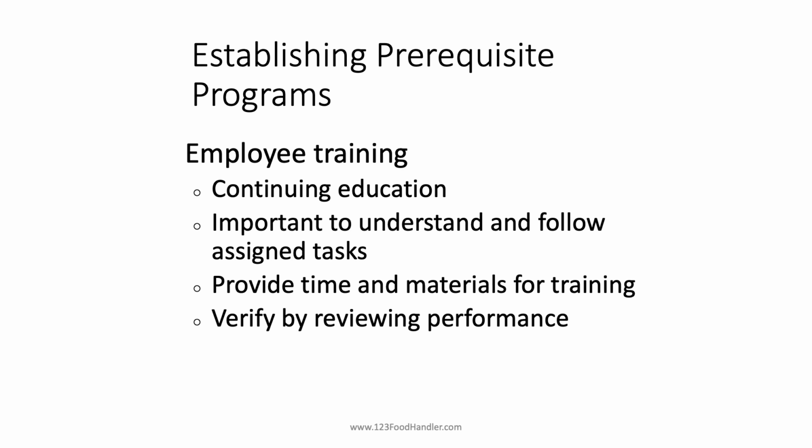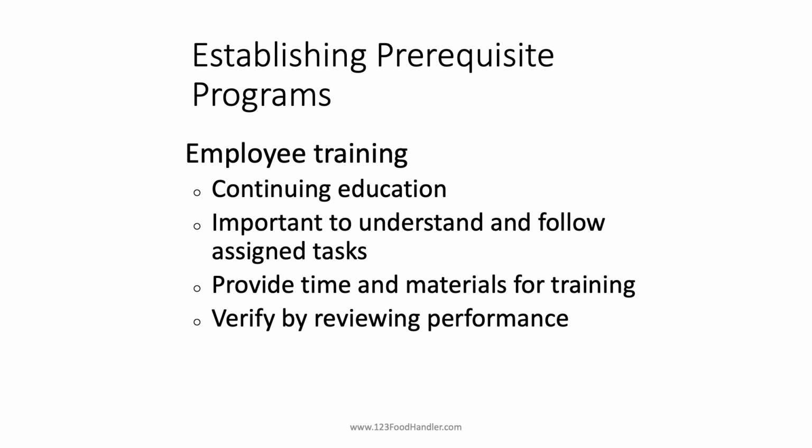Major component, major thing that's going to establish whether you're going to be successful with this stuff or not is if you get employee buy-in. And the better chance of getting employee buy-in is training them, teaching them why we do the things we do. If we fail at doing the things we're doing with regard to food safety, that could put us out of business, could hurt someone, could kill someone.